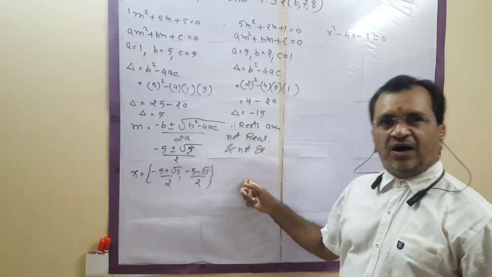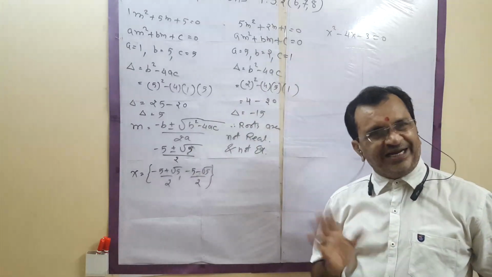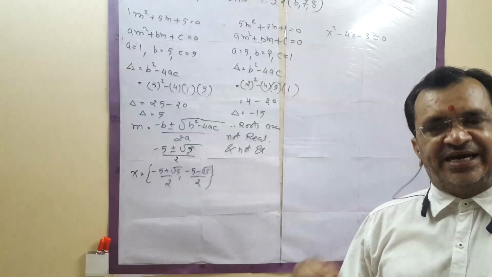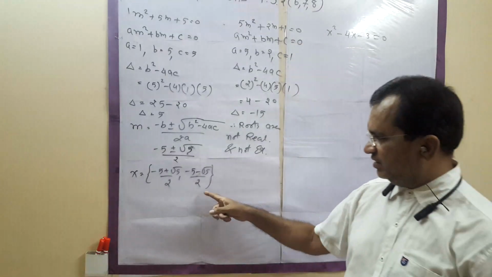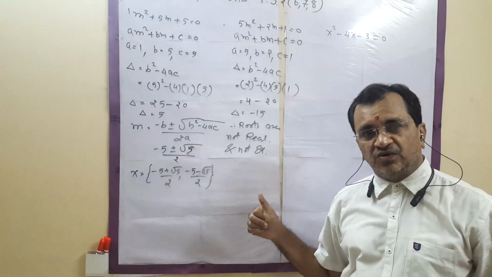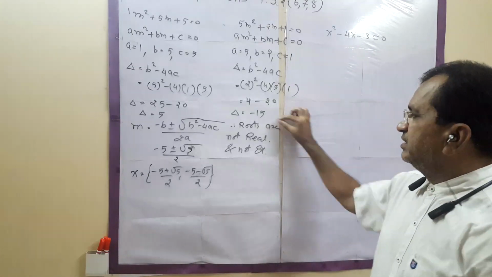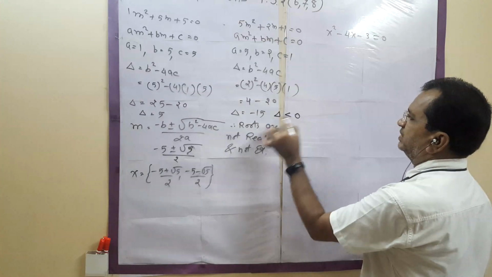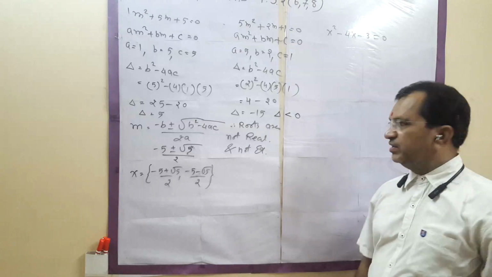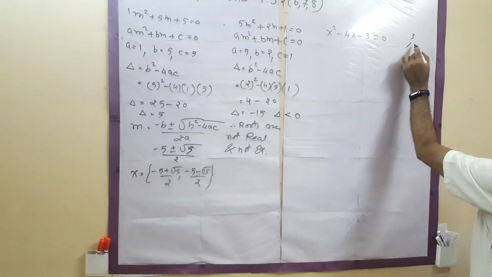Where it is negative and how to find the root, that is in your 12th standard syllabus, not in 10th. So whenever you get this negative, you have to stop when the delta is negative. When 0, factoring is possible. When greater than 0, it is possible. For a negative discriminant, you have to stop. What you have to write? The discriminant is less than 0. Therefore, roots are not real, roots are not equal. Stop.